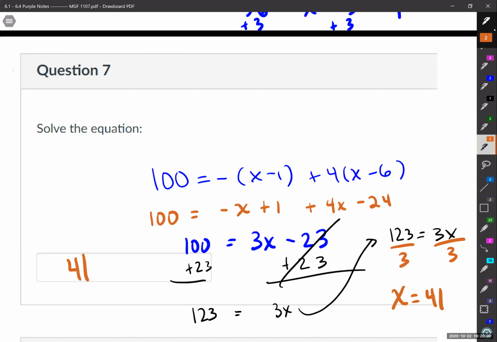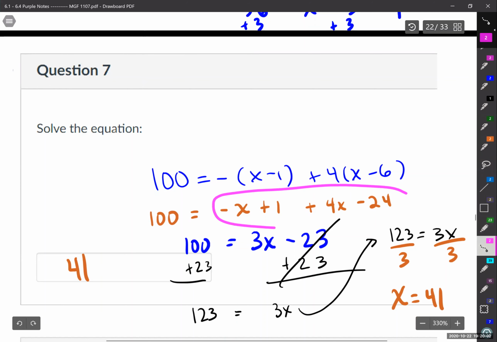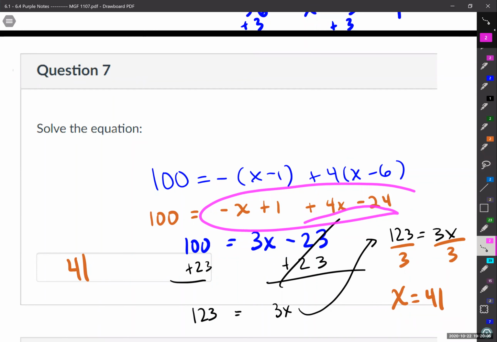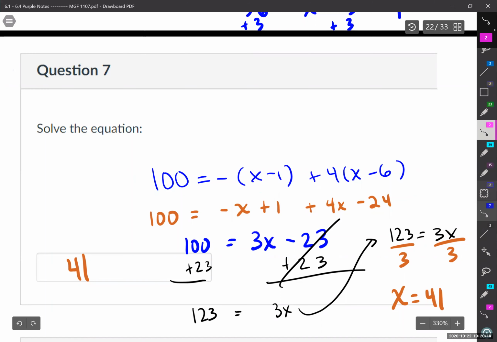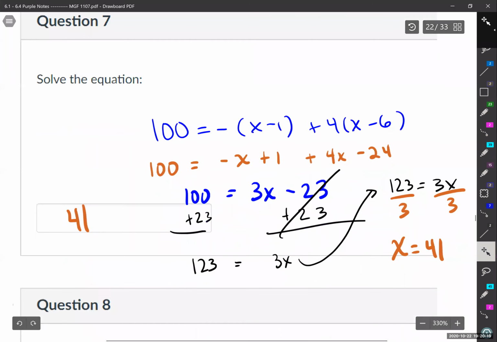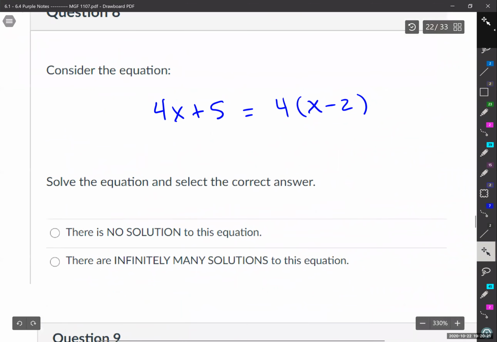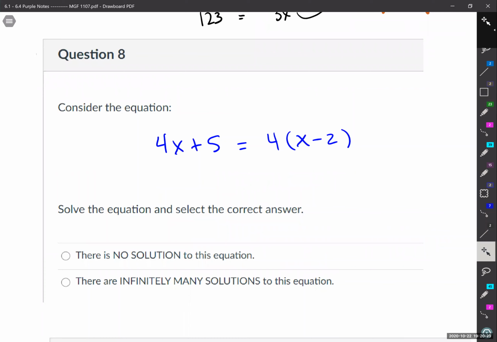And notice we do treat it differently when the x's are on the same side, right? Because then they can combine like terms. Any questions on this example? Okay, we'll keep going. Now, another thing that we learned in 6.2 is sometimes there are equations that never should